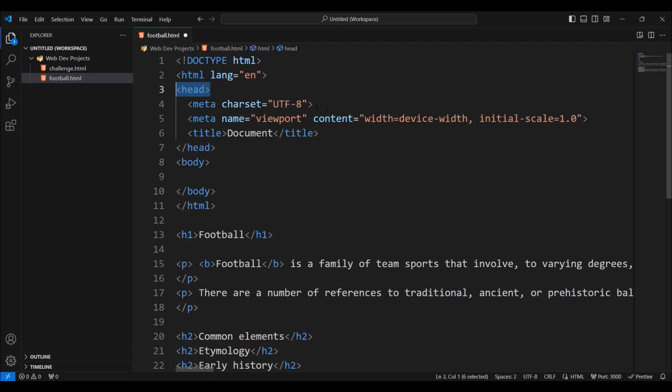Next we have this meta tag, and we have charset UTF-8. So what is this? Let me highlight it again to know that we're talking about this. This meta tag specifies the character encoding for the HTML document, which is UTF-8, a widely used encoding that supports almost all characters from all languages. It ensures that the document is displayed correctly with the intended characters, avoiding issues with special characters and symbols.